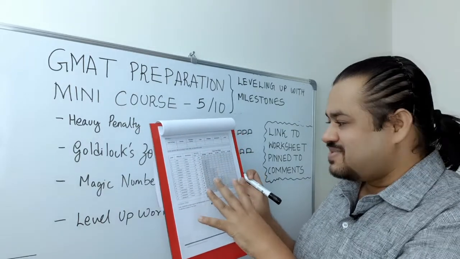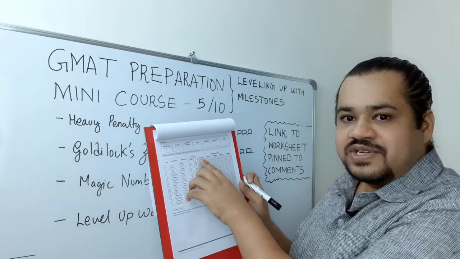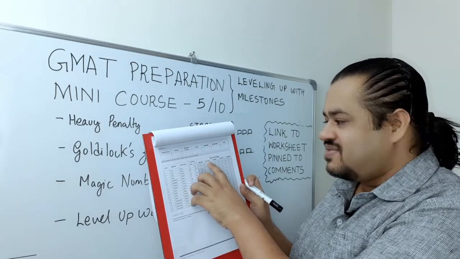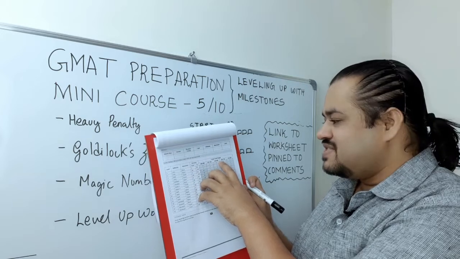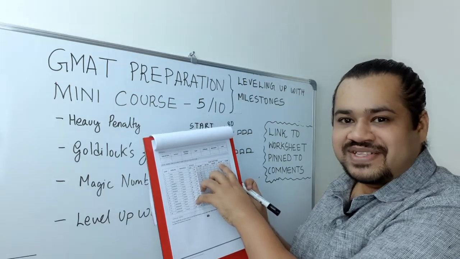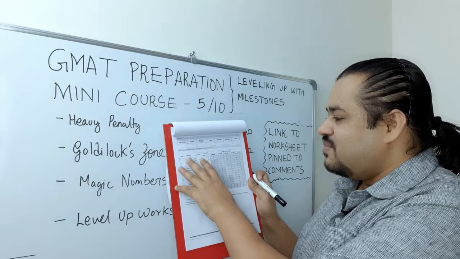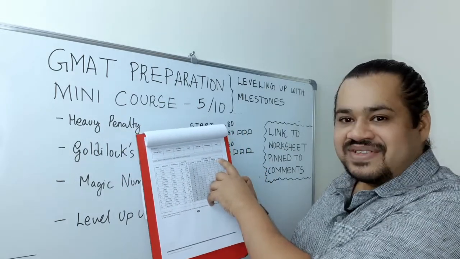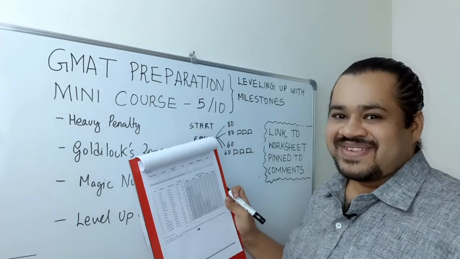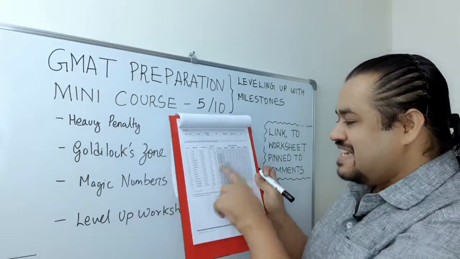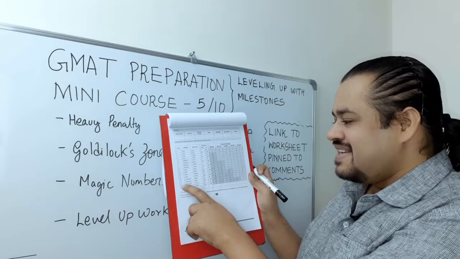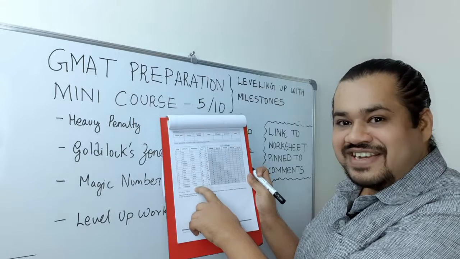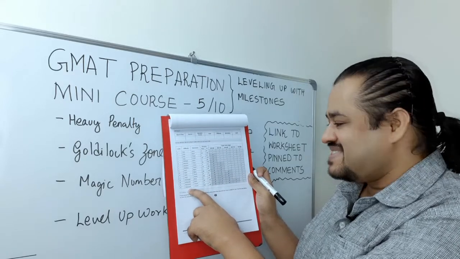One other thing that is interesting in this worksheet is the target score range. The target score range, what it determines is, for a particular score range, that is from 200 to 460, 460 to 550, 550 to 640, 640 to 730, and 730 plus, where should you really stop? If you are aiming a 730 to 800 level score, then you can't really stop unless you achieve level 16. Level 16 is you're able to maintain 60% accuracy in a timed session for advanced level questions.